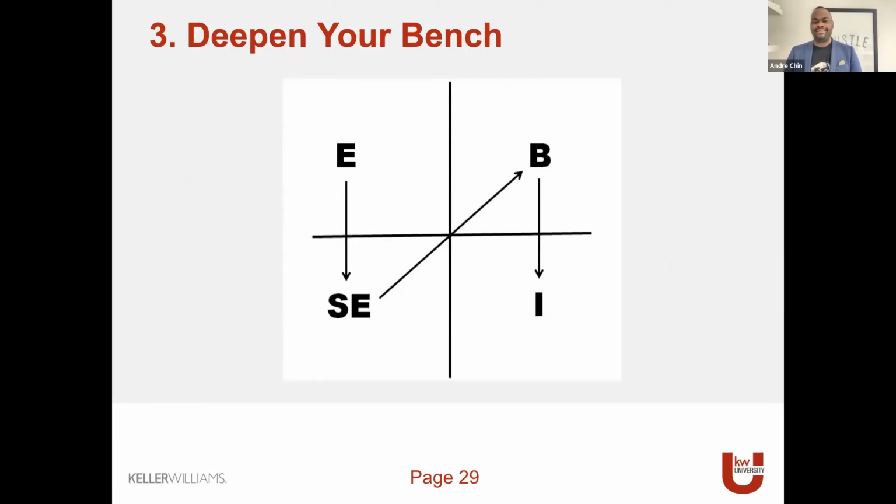Now, this is the Kiyosaki cash flow quadrant, if you haven't seen it before, but we talk about developing and deepening that bench. So on the left side of the column is where we all start, either as an employee, the E stands for employee, the SE stands for self-employed, and most of us tend to stay over there. What we're trying to do with expansion is move out of that self-employed section and either become a business owner or an eventual investor in your own company. And that is the model for how Gary built all the market centers, as well as how Keller Williams was built as well.